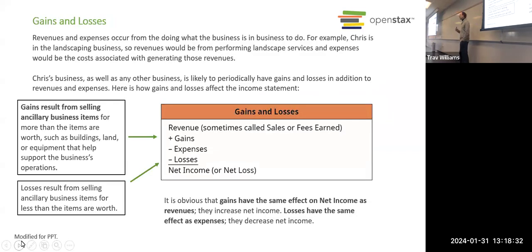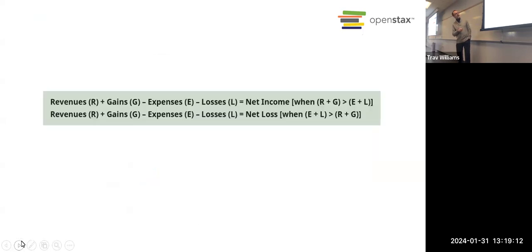We then learned that really the formula for the income statement is a little more complex because sometimes you have gains and sometimes you have losses, and you have to factor those into the calculation. What causes gains or losses? Selling assets. Exactly. The sale of any assets that are not your product or service leads to either a gain if you made money in selling that asset, or a loss if you lost money in selling that asset. And later on, we'll learn how you determine a gain or a loss, but don't worry about that just yet.